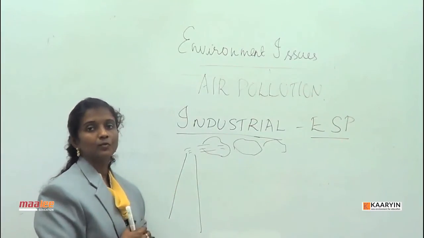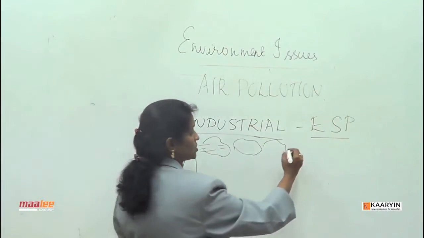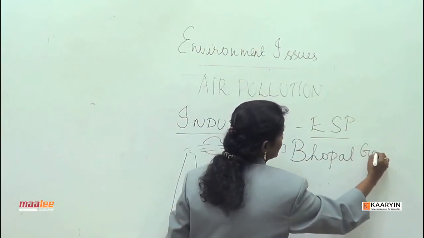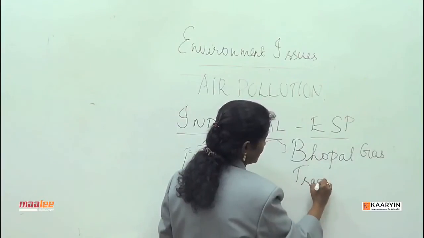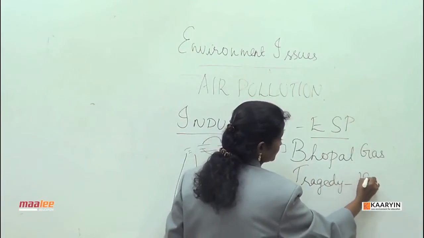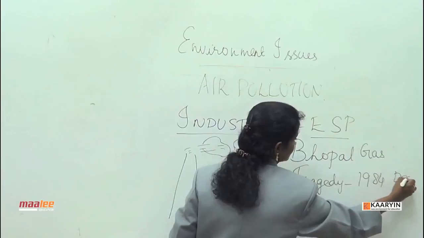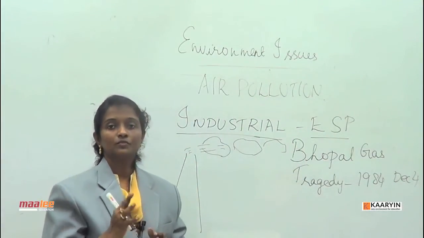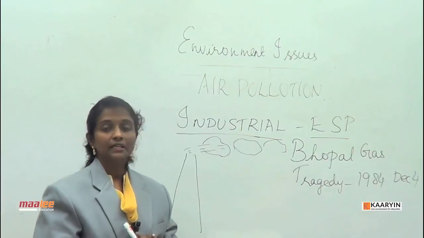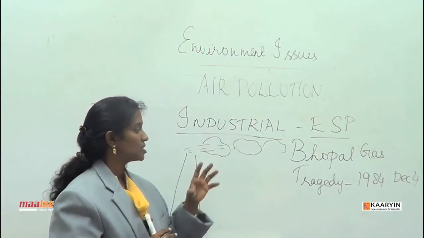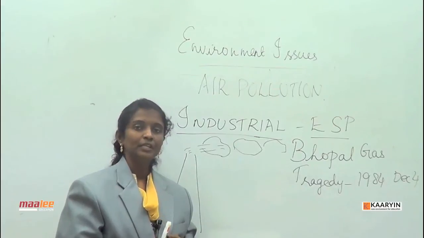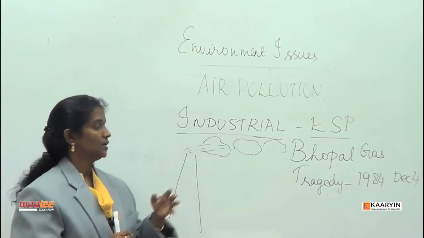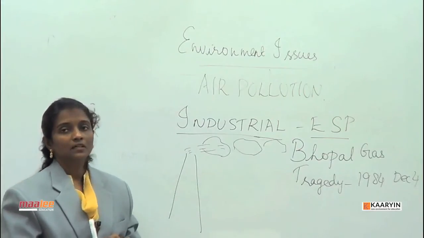Here we have to make a mention of the Bhopal Gas Tragedy, which killed many people and made many of them blind in 1984. As we are aware, this tragedy was because of the emission of methyl isocyanate. MIC emission led to the death of many people, and unfortunately many of them lost their eyesight because of this MIC present in the air.